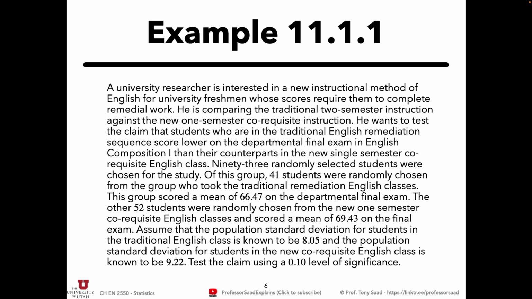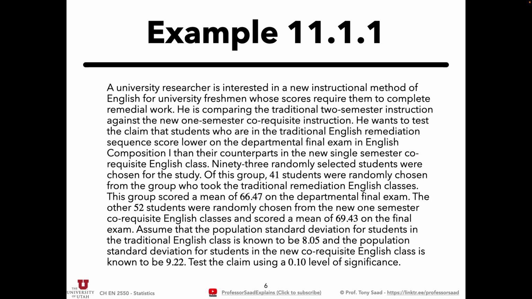Assume that the population standard deviation for students in the traditional English class is 8.05 score points on the exam, and the population standard deviation for the students in the co-requisite course is 9.22. Test the claim using a 0.1 level of significance. Okay, so